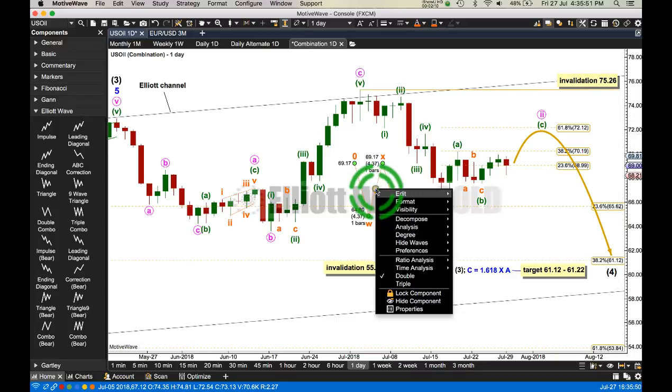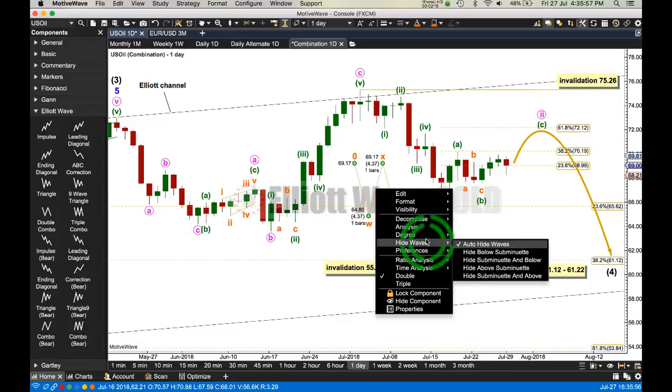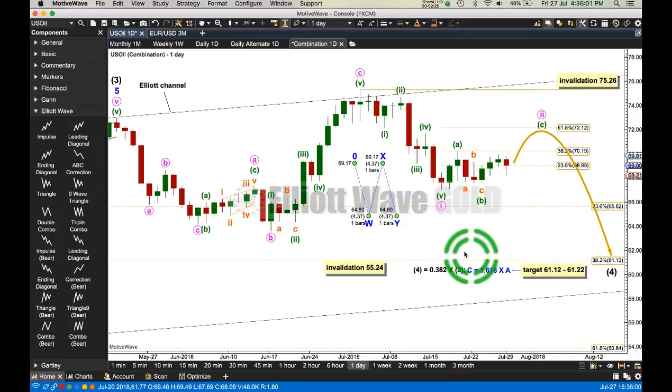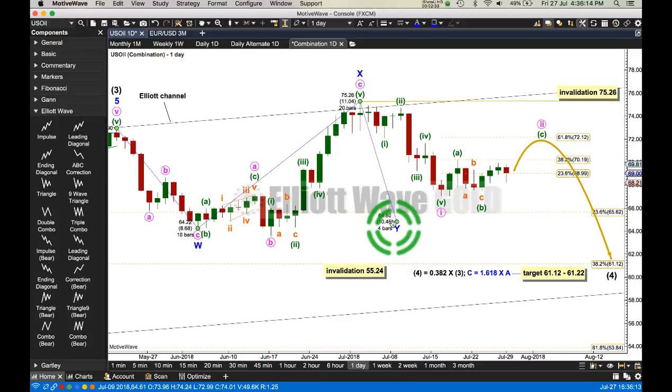So I'm doing control click. I'm using a Mac, so my controls are going to be different to Windows, just so you know. Okay, so I want to put the start of it here. W is a zigzag, X is an expanded flat, and now we're looking at